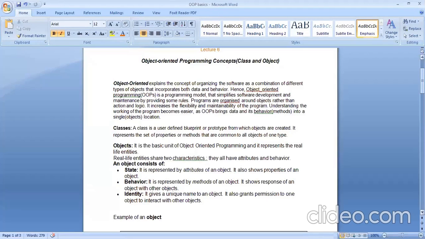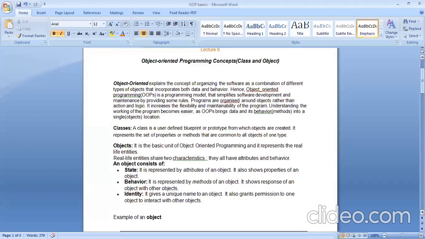Today, whenever you are to design an application, we look more at the real-world entities than at the behavior or the procedures. Object-oriented programming is mainly used to write applications related to real-life entities, that is, the objects.